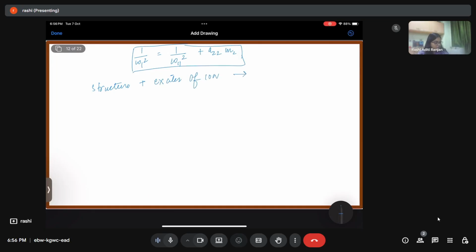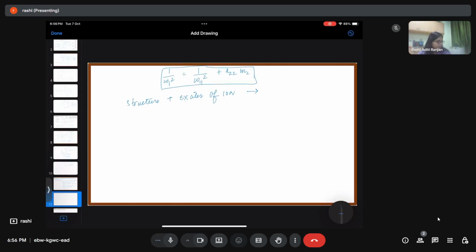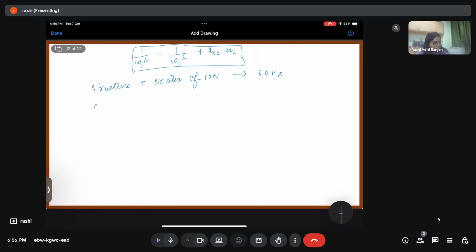We have a frequency of 30 Hertz, which is omega 1 square, 30 Hertz. Then we have another case where we have structure plus exciter of,